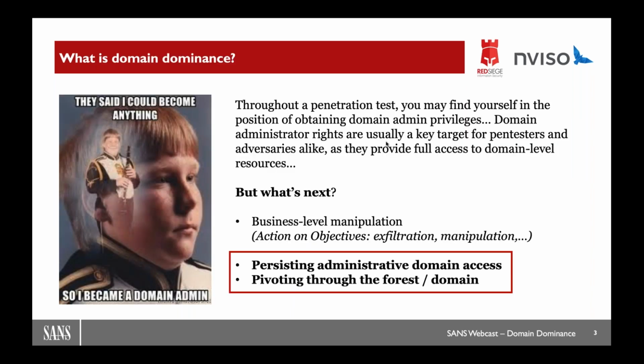So today's topic is domain dominance. As I mentioned during the introduction, while you're conducting a penetration test, at one point you might obtain an elevated privilege in the Active Directory. I typically like to call it the ultimate Active Directory privilege, if you will: domain admin or enterprise administrator. Once we get domain admin rights, this is where it gets interesting, because we are typically paid as pen testers or adversary emulators to show a potential business impact when something goes wrong.